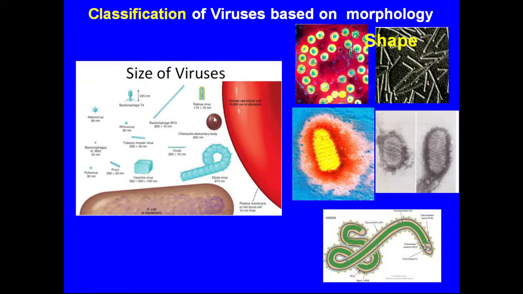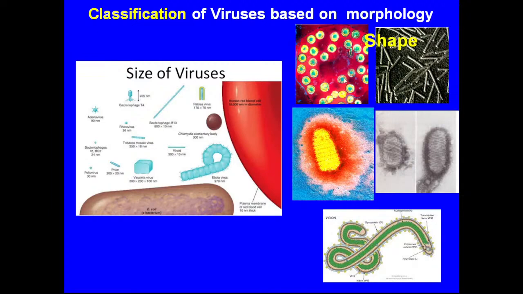Here you can see one of the smallest bacteria, chlamydia, that makes 300 nanometers. So the largest virus has almost the same size as the smallest bacteria. Then the viruses can be classified according to shape. You can see most probably how they look under the electron microscope. So mostly they are